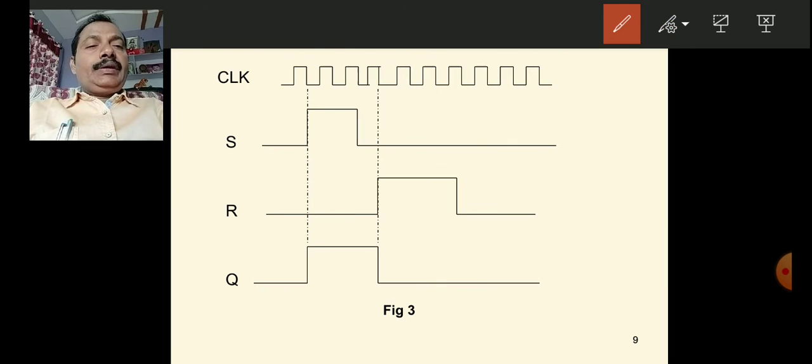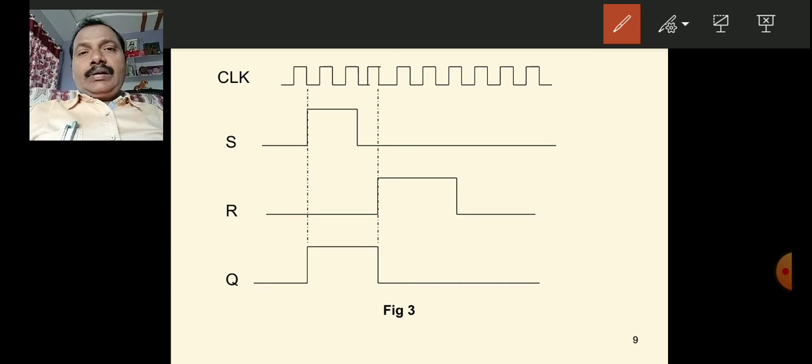So you see, the important thing you have to remember is whenever we discuss sequential circuits, we use another analysis parameter, graphical analysis parameter, or timing diagram. So timing diagram is very important, and it should be discussed in the sequential circuits analysis and design. Whereas in the combinational circuits, we do not have timing diagram.